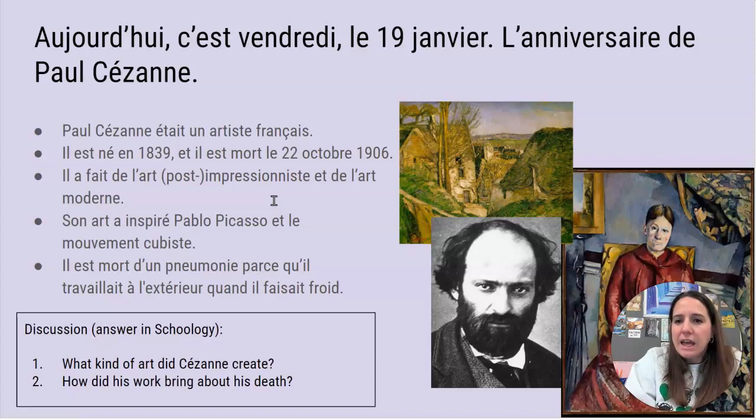So Cézanne and other artists after the Impressionist movement continued down that path of looking at art in a new way. And I'm not an art teacher. I don't know a ton of art history, so I am describing that in a very basic way, but that's the gist of it. Donc, il a fait de l'art post-impressionniste et de l'art moderne, so also what we would